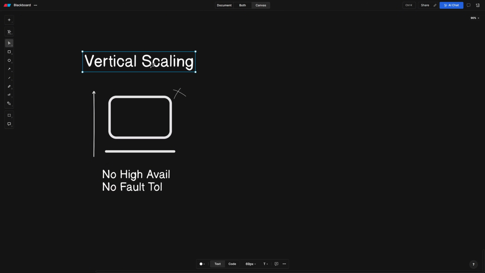Here comes the concept of horizontal scaling. And there are so many downsides of vertical scaling as well. You can just imagine anything. Let's say the server is not working, there's a technical glitch, there is a kind of server failure. What will you do? When we go with horizontal scaling,